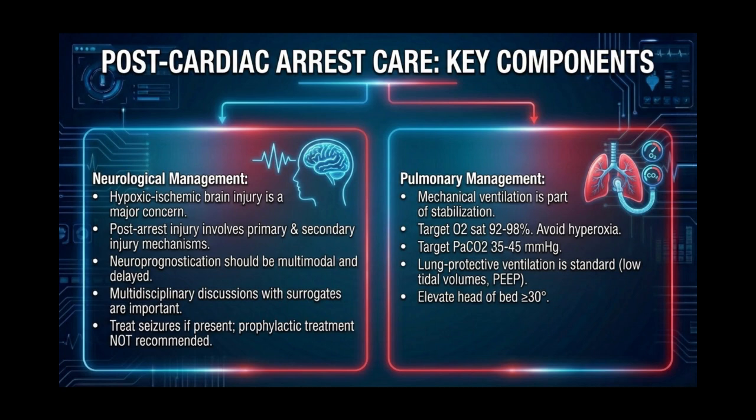In terms of pulmonary management, overseeing respiratory parameters plays a vital role in the initial stabilization process following the return of spontaneous circulation. This process includes initiating mechanical ventilation with a suitable breath rate, such as 10 breaths per minute. It is advisable to target an oxygen saturation level between 92 and 98%, while also maintaining an arterial partial pressure of carbon dioxide within the range of 35 to 45 millimeters of mercury.